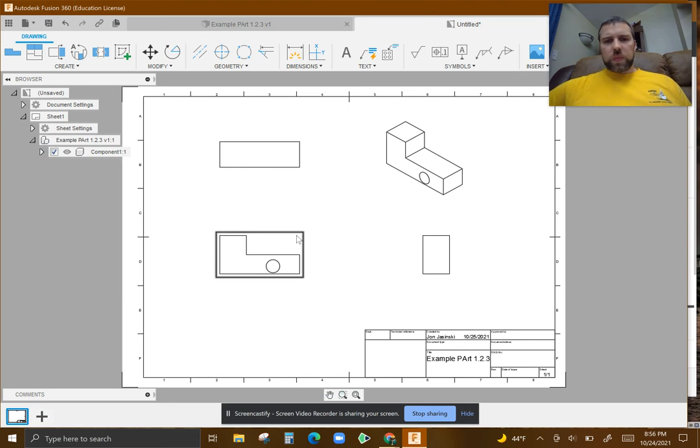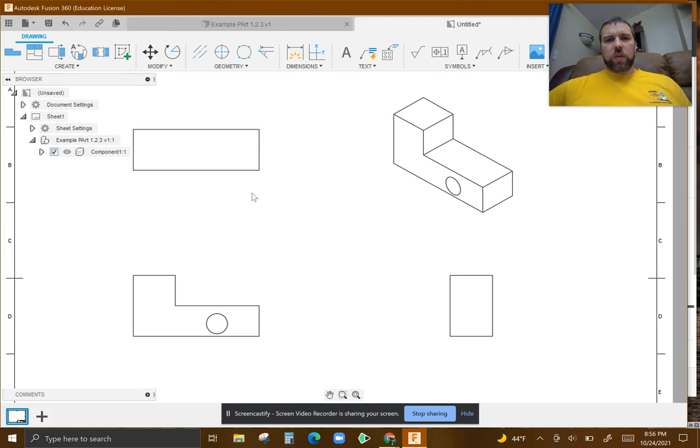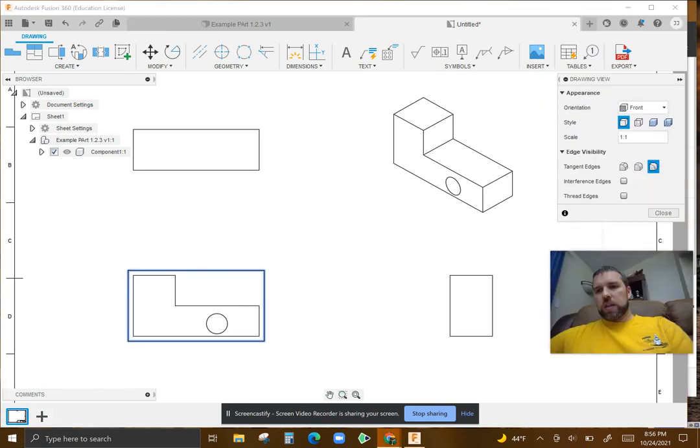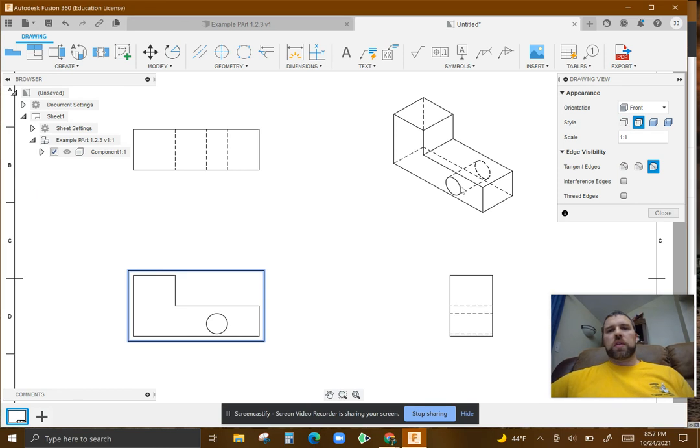Great. So right now I have all parts placed, but I don't have the hidden lines, and I want to see those hidden lines. So I'm going to double check this again, move my face out of the way, and change some things here. I need visible and hidden edges. That's what I'm going to select. And I think on this one,